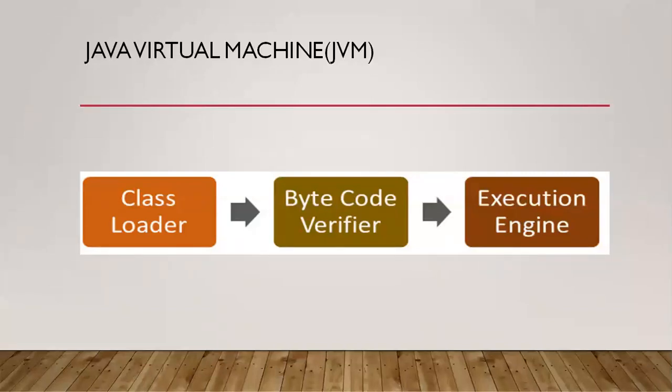That runtime memory unit will be available between the bytecode verifier and the execution engine. In between these two, we have the runtime memory unit of the JVM. What is it? The runtime memory of the JVM will receive the bytecode after verification is finished, and it will allocate the memory there.